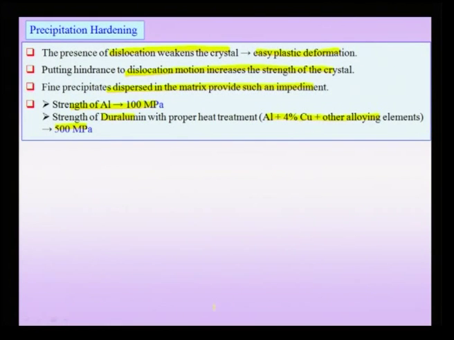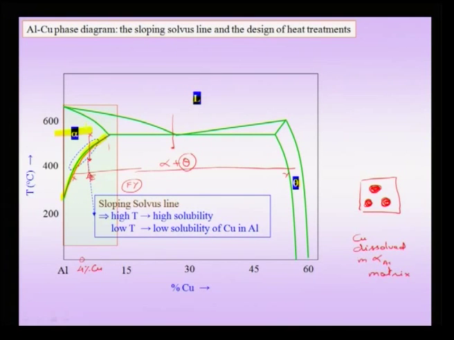Number 1, aluminum is reasonably soft and has a low yield strength. I can increase the strength by various methods like cold working, solid solution strengthening, or grain size refinement, but an additional technique here is precipitation hardening, in which case I use an aluminum 4% copper alloy, which, plus other alloying elements, can give me a considerable benefit, up to a factor of 5. Now, the heart of this whole thing is that the aluminum copper system has a sloping solvus line,